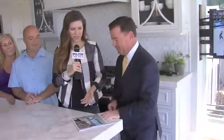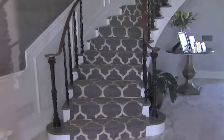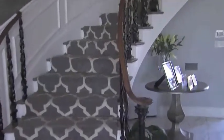I think I know the answer, but why did you guys choose this home? Well, the views had a lot to do with it, but the historical value of the house, and also they just did a wonderful job. I mean, when you look through the house or the pages of the magazine, you'll see how everything just flows together. And you really want your home to be a sanctuary when you get out of the stress of work and everything. Come home, and this house